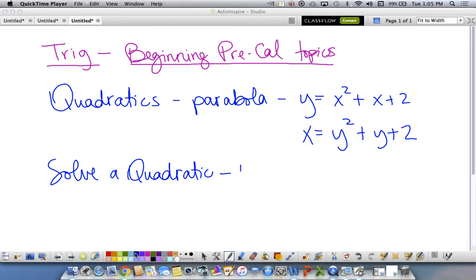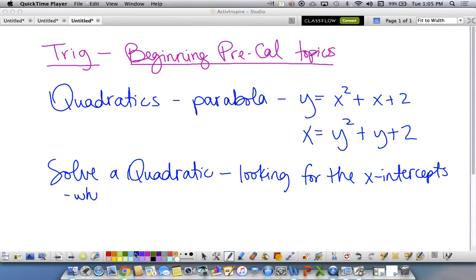You're looking for the x-intercepts, okay, or where the graph crosses the x-axis,